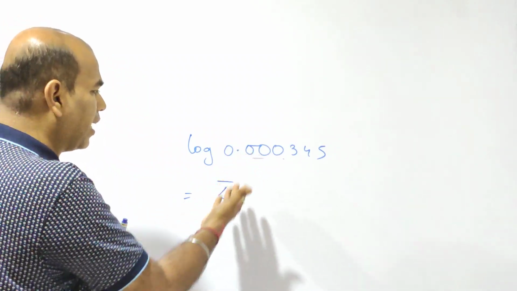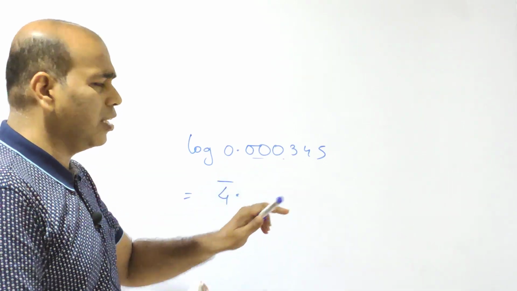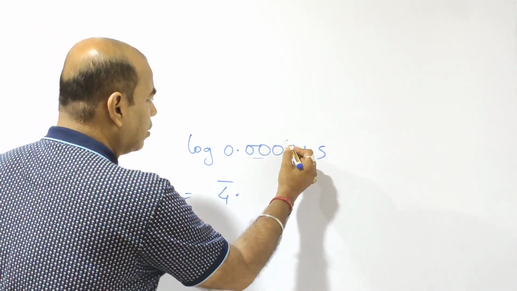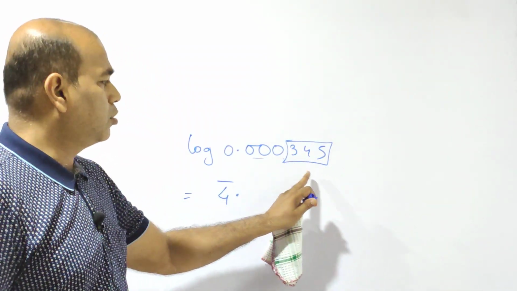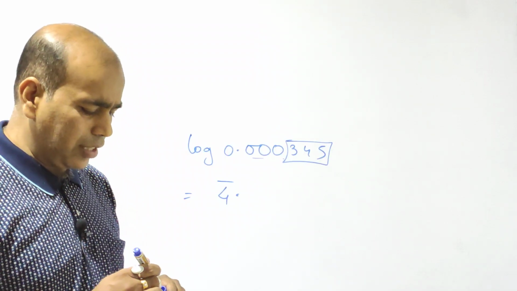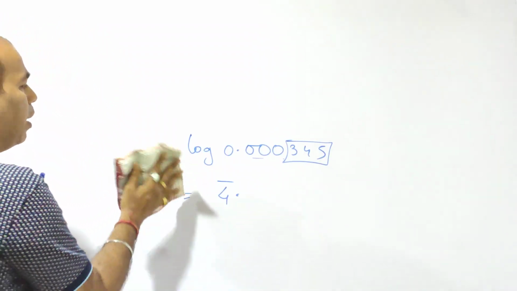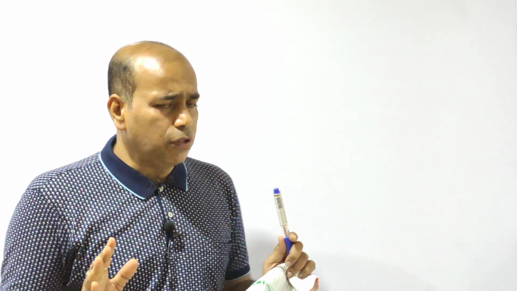Now once I take the characteristics, this decimal has no meaning. Directly I will take the digits what are taken out here, that is 3 4 5. This 3 4 5 I will see from tables and get the values. That is what about characteristics. And there is something called mantissa. Mantissa when we use anti-logarithm. So what I will do, I will use 2 multiplications and I will show you how to use these log tables.